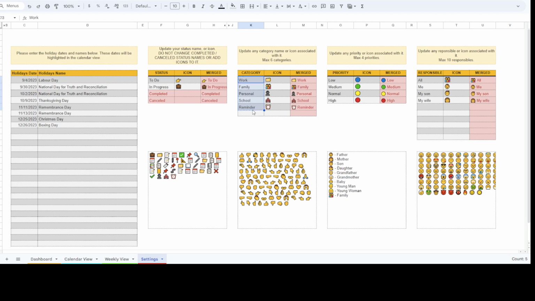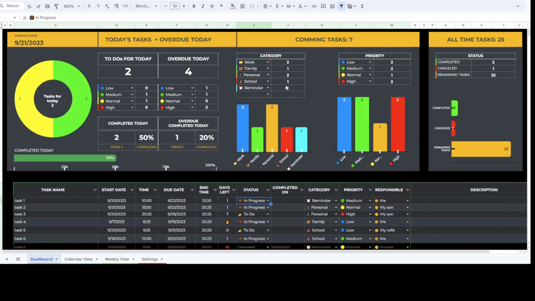You can add one more here and more responsibles here. You can update the icon. Let's say you want to update an icon and do a quick update. Let's update the one for work. Let's just select the icon, Control C, go here, Control V, and the work icon is getting updated and is fully updated also in here. If you see, the work is now